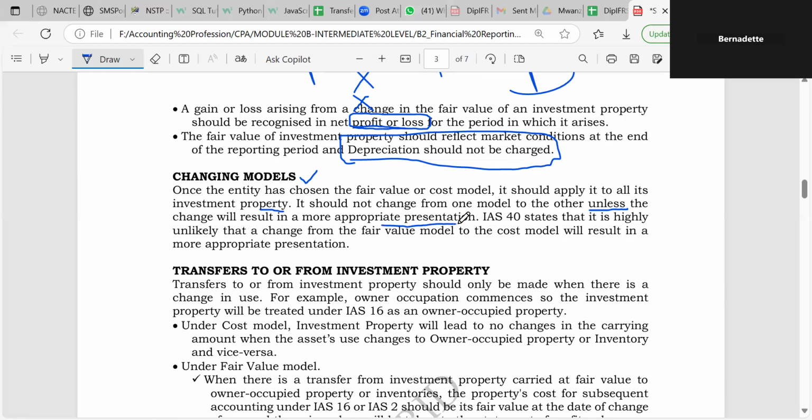Now, in reality, if you have switched from the fair value model to the cost model, it would be very unlikely that switching back would be more relevant. That one would be very unlikely, right? But switching from the cost model to the fair value model is very likely. It makes a lot of sense. Okay, let me switch from the cost model to the fair value model to actually be more